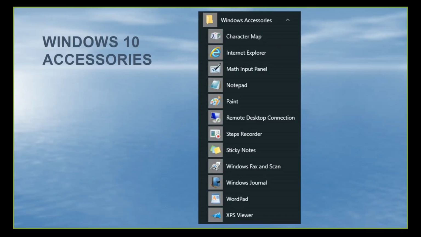Then you got the Math Input panel. You got Notepad, which I use a lot. Paint is their painting program. Remote Desktop Connection, I don't use theirs. I use TeamViewer, but they do have a remote desktop connection. You can do a steps recorder. Sticky notes,